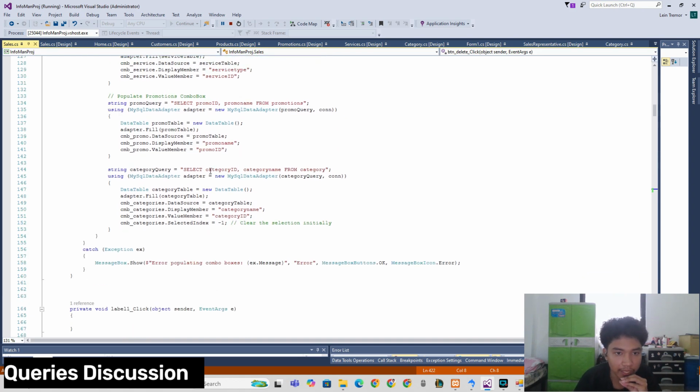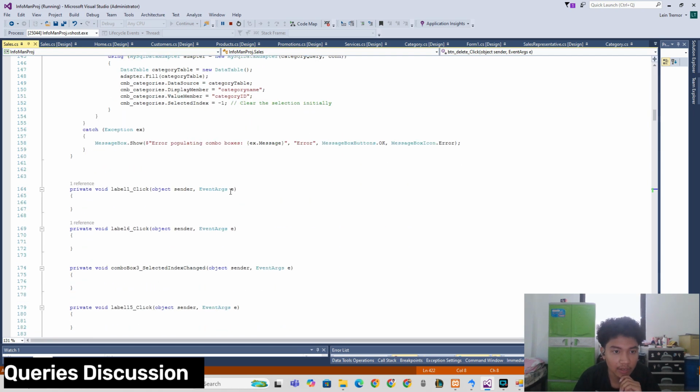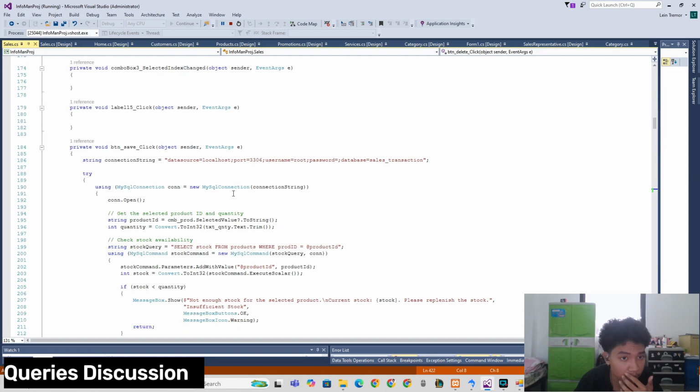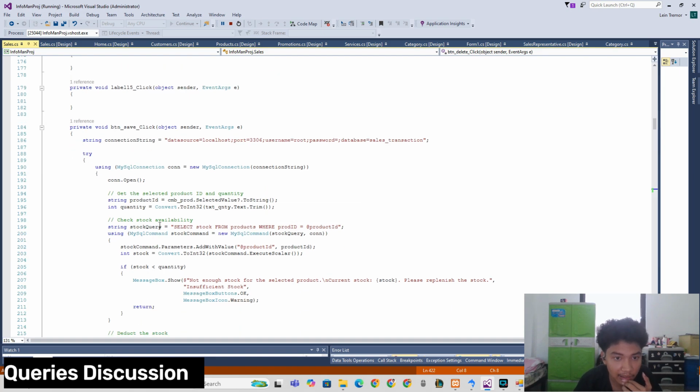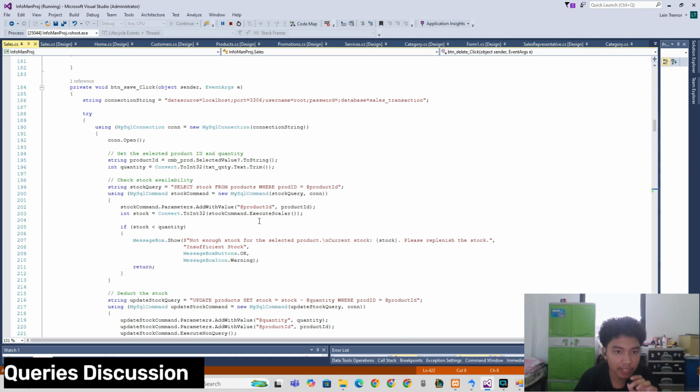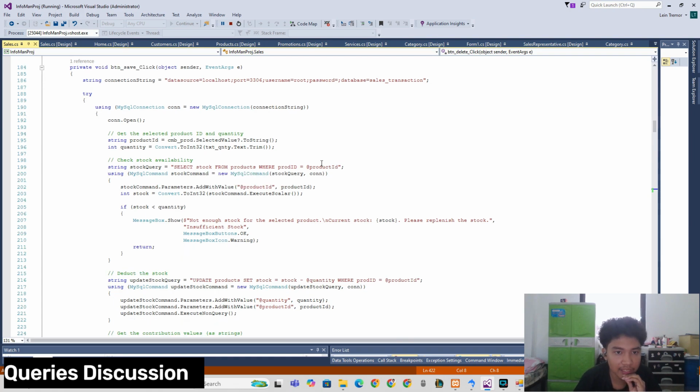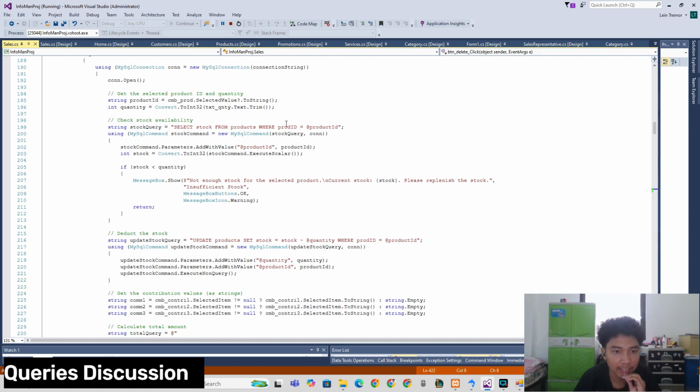So here we select category, category name, category ID, from the category table. And our save button also consists of a string query. And here we select stock from the products table, and here we made the subtraction of quantity from the stock in the products table.